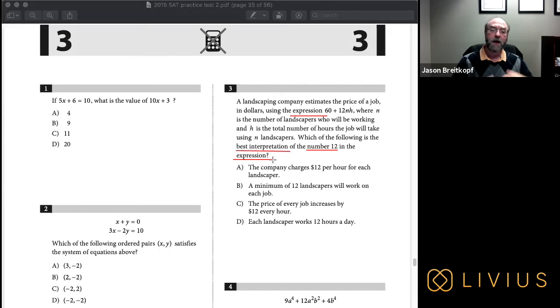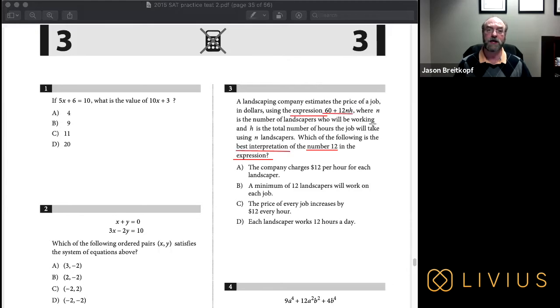Now, obviously, most word problems involve some sort of story. In this case, a landscaping company and landscapers. That's not really important, except for maybe to involve some sort of logic. But we're not really worrying about logic. We're just trying to figure out what the question is asking. So we really don't care about the story. That's not what's important. We don't even care about the units so much as the information that helps us solve what we're looking for. In this case, we know it's an expression, and they in fact give us the expression,